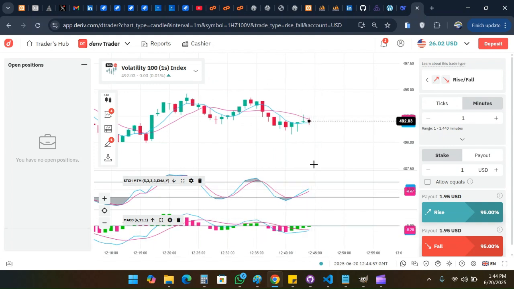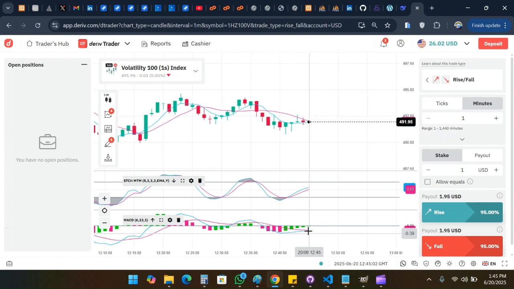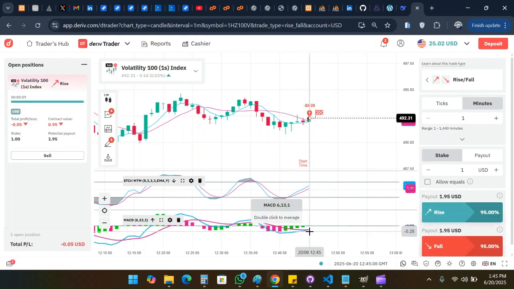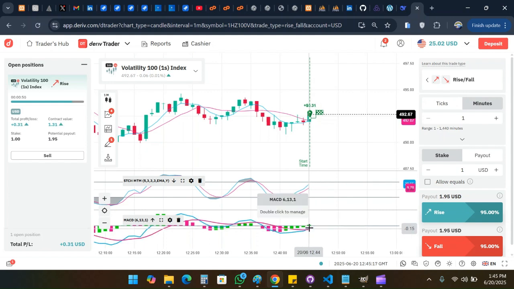Can you see the reason why I say don't enter yet? Yeah, because we have to wait for one confirmation. Now the confirmation we are waiting for is this MACD. I think this MACD, now we can enter, is very touching. Can you see the MACD has crossed above? So you just have to enter early. Get it? Enter early when you see the crossing.